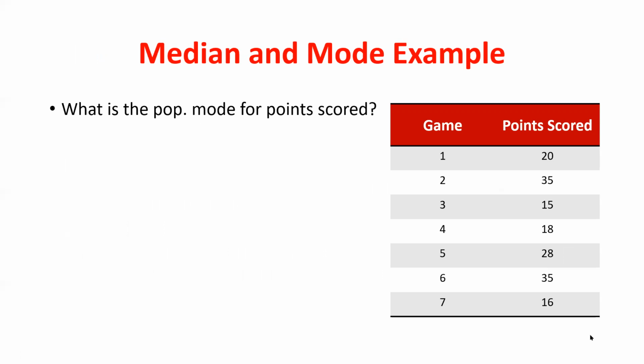So I heard someone say it. The only observation that happens more than once here is 35. So it will be the mode. Okay? Now, with small data sets, you can imagine we run into a problem sometimes, which is,